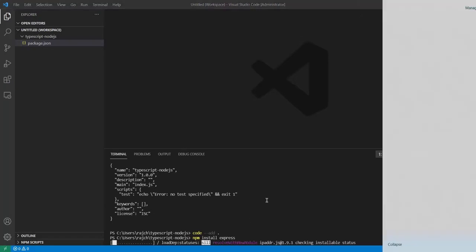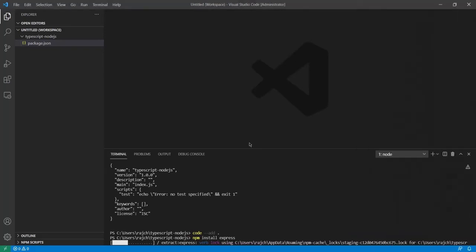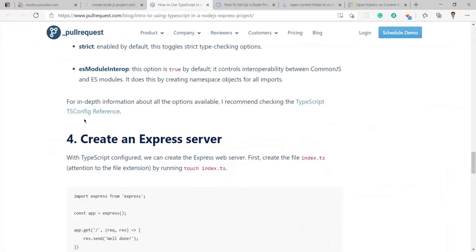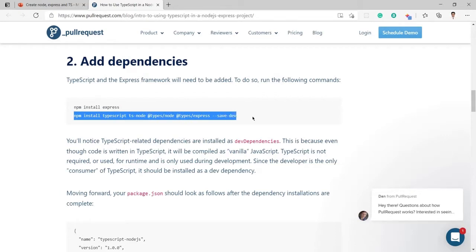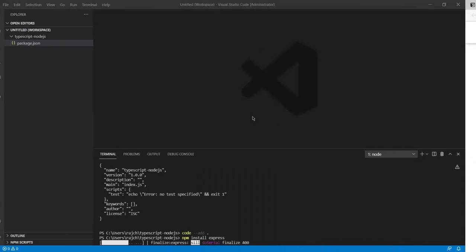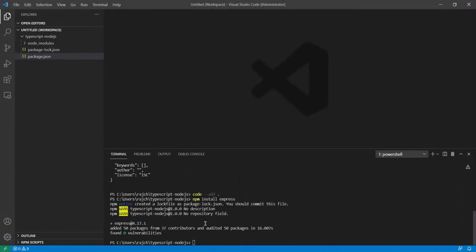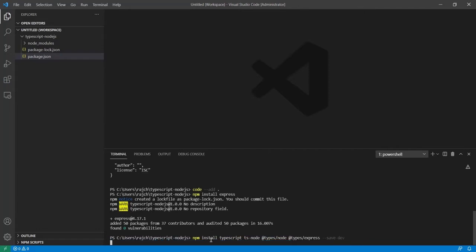Till that time I will copy this command. This is basically installing TypeScript as a dev dependency. You can see Express is now installed with version 4.17.1, and now I am going to install TypeScript. Let it complete.